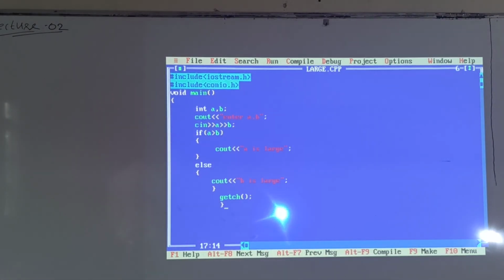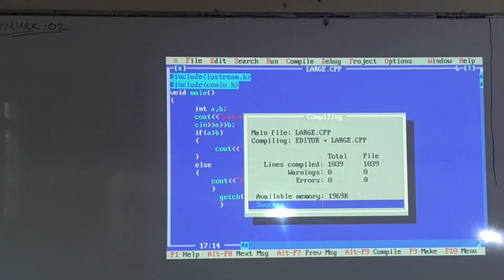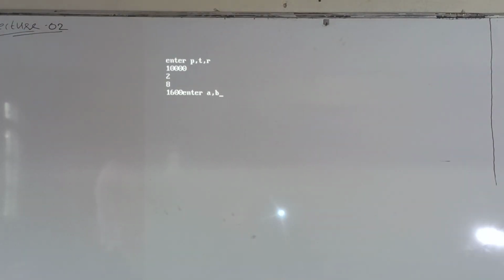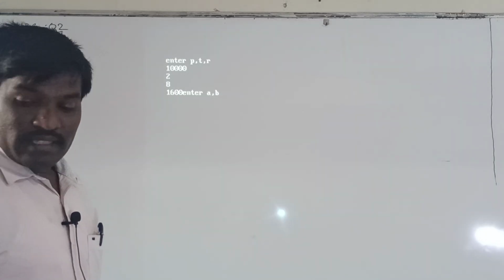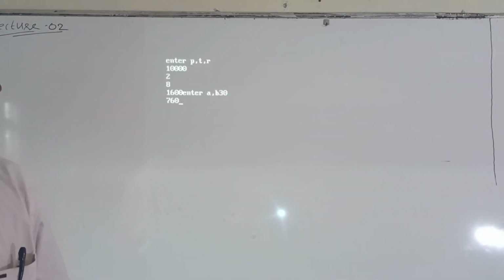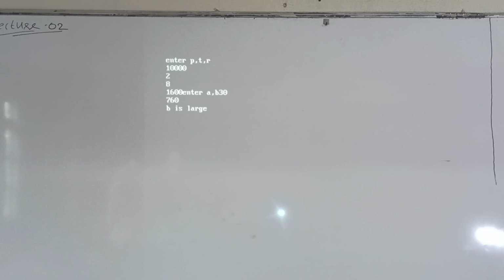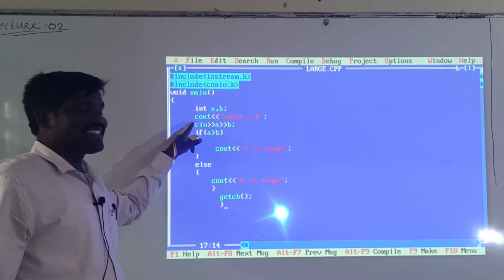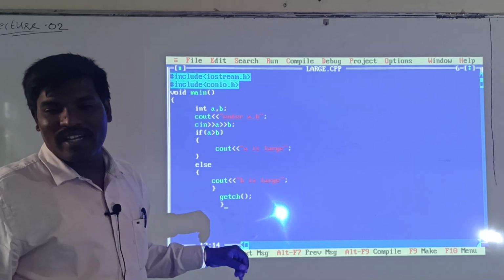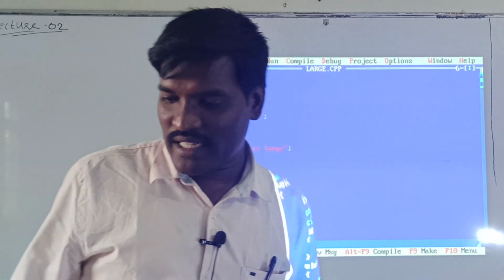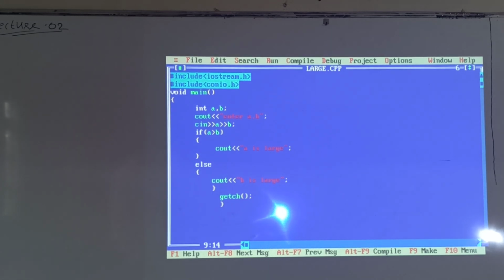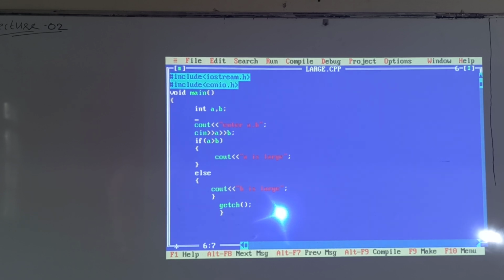Save as large.cpp. Zero errors. See here, enter a, b, 30, 70, b is large. So why is the screen like this? Because I did not write clrscr, that is why the screen is not cleared. If you write clear screen then only it will be cleared, otherwise the previous content will be displayed as it is.